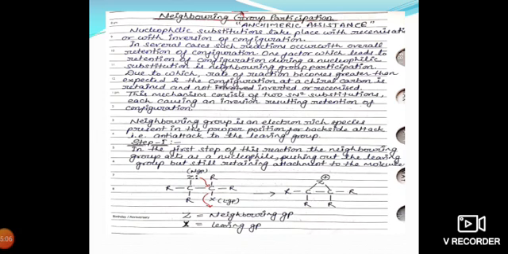Nucleophilic substitutions take place with racemization. We have all seen that in SN1 and SN2, a racemic product should be formed. But in several cases, such racemization is replaced by overall retention of configuration during nucleophilic substitution, which is neighboring group participation, due to which the rate of reaction becomes greater than expected and the configuration of the chiral carbon is retained and not inverted or racemized.